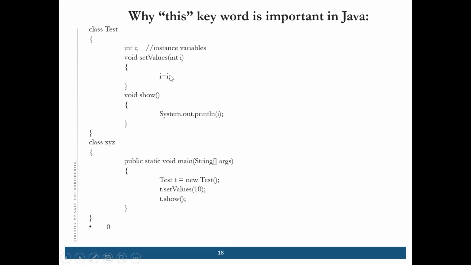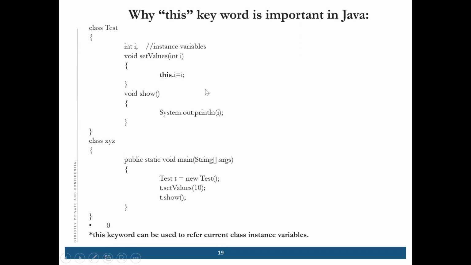But now, why is the this keyword used? When there are the same instance variable and local variable, that time it will get confused and it will print 0 instead of 10. So that is why we use the this keyword. The this keyword can be used to refer to the current class instance variable. This is the first use of this. Now moving ahead, this we have already seen, so I am skipping it. You can go through it once again, and if there is any doubt, come to me and I will clear it.